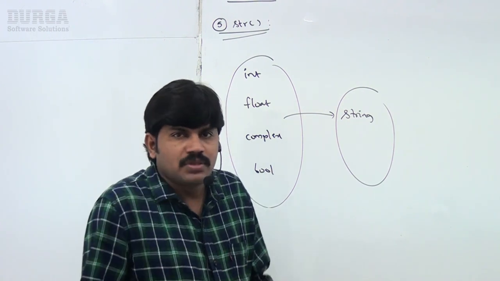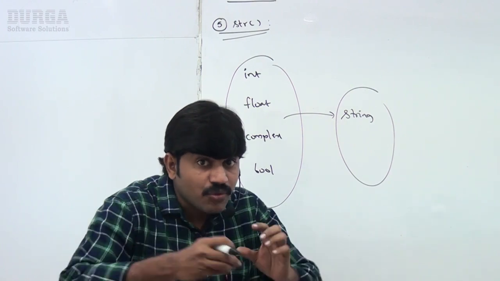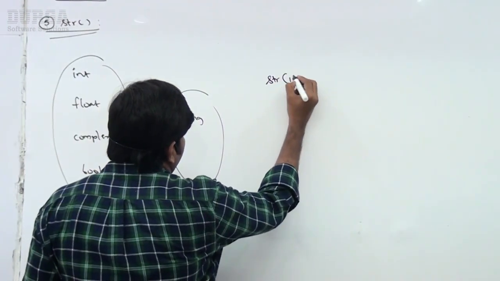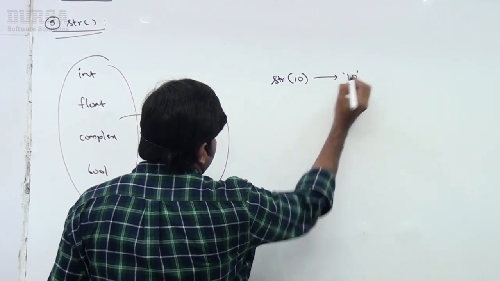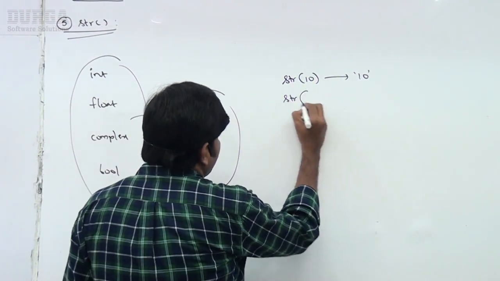But take very special care about this str function. No big rules are there. Any conversion is always acceptable, man. No restrictions, no internal loopholes are there. Okay, here observe: str of 10. Now I will get a 10, sir. Convert this 10, like str of